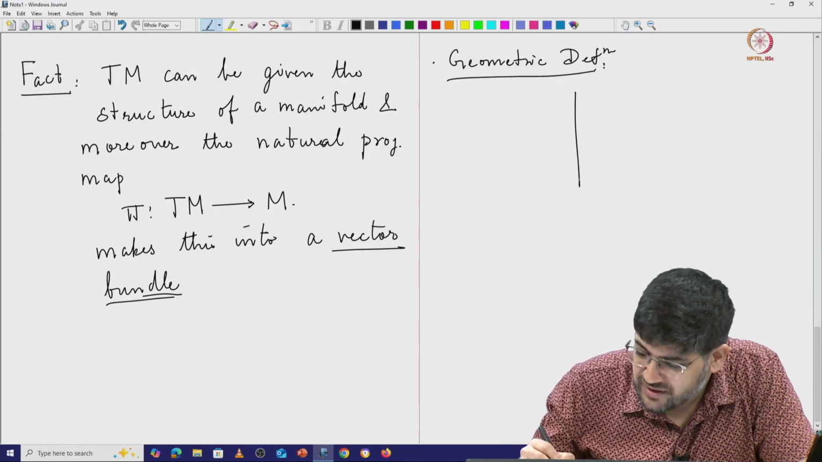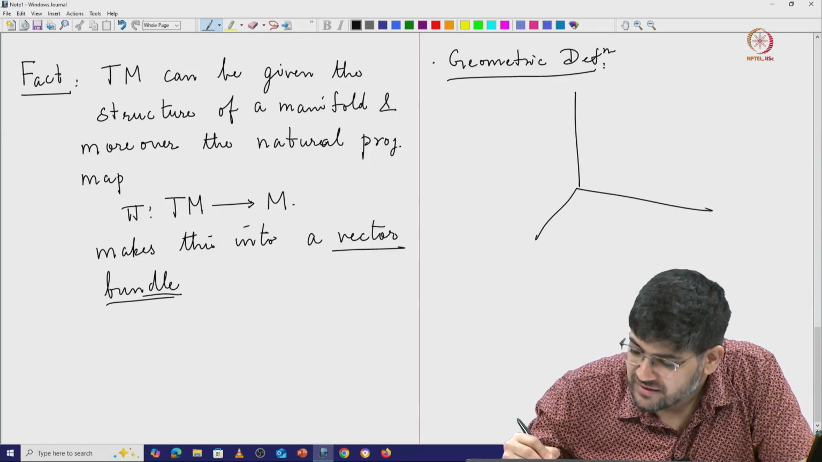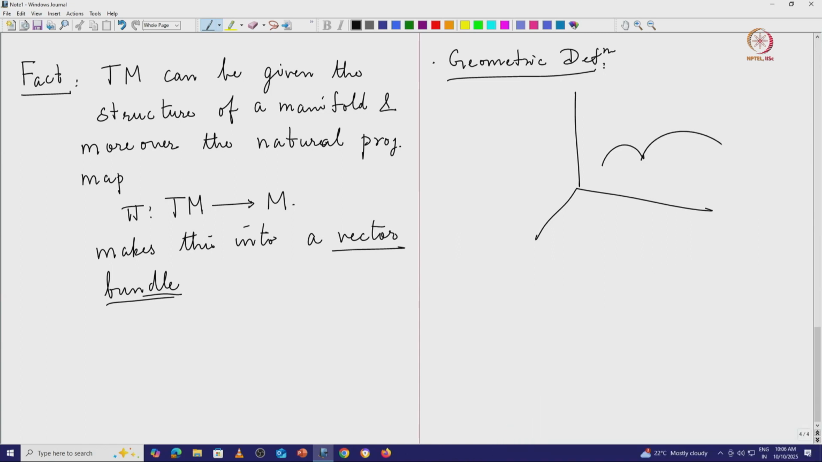So if you are given, let's say, a surface in R3 and a point, how would you think of the tangent space at this point? How would you think of the tangent vectors to your surface at this point? One sort of easy way is that you look at curves,